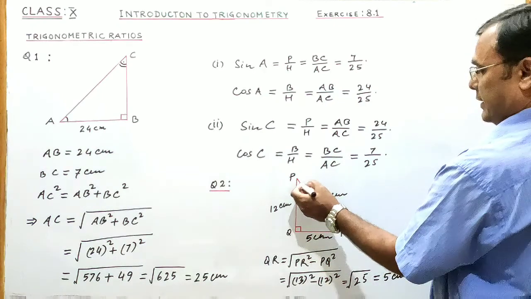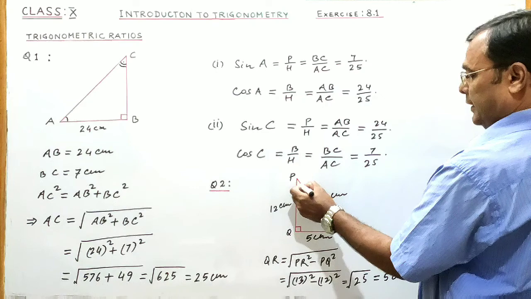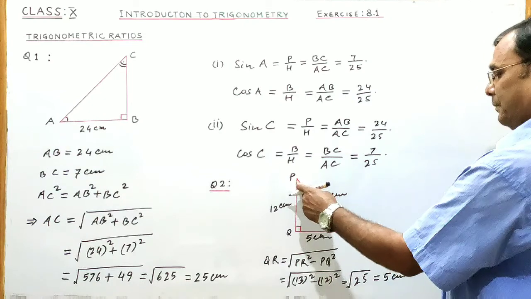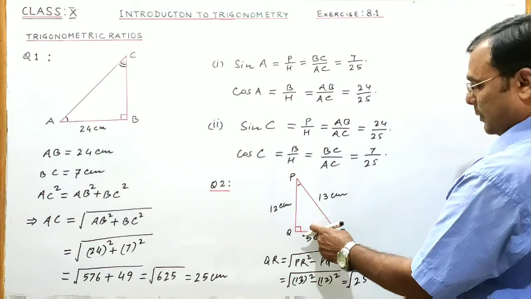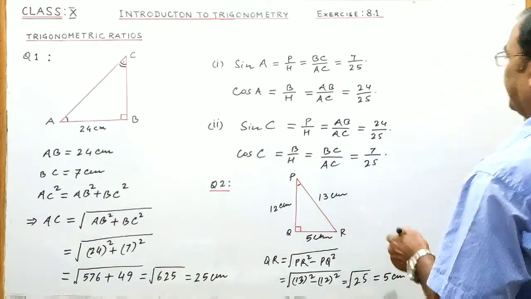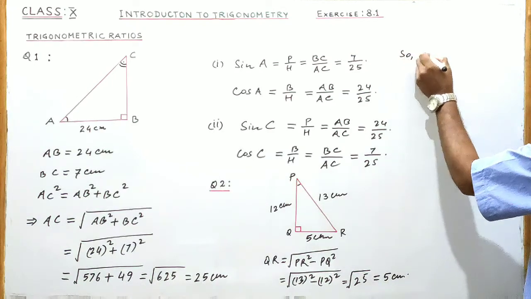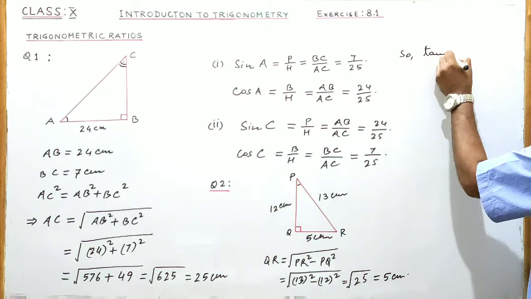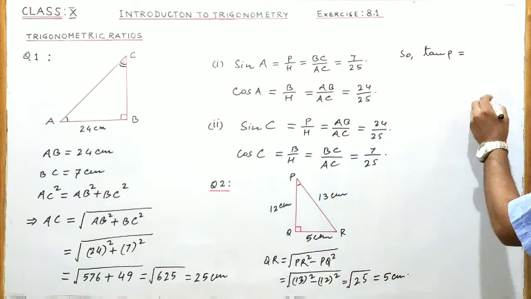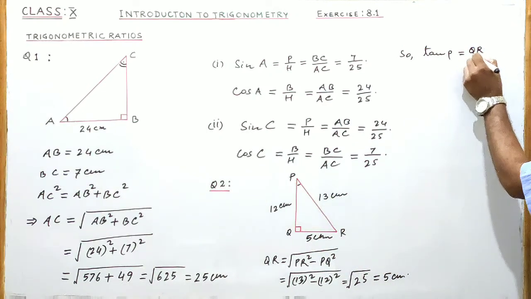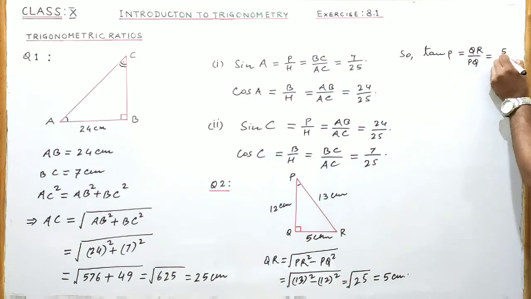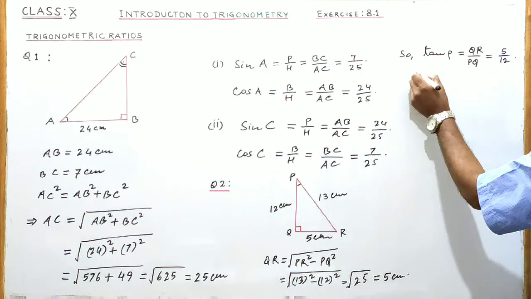Now let us take this acute angle P and find tan P. For this acute angle P, opposite side QR is perpendicular and adjacent side PQ is base of triangle PQR. So tan P is equal to perpendicular by base, QR by PQ, which is equal to 5 by 12,